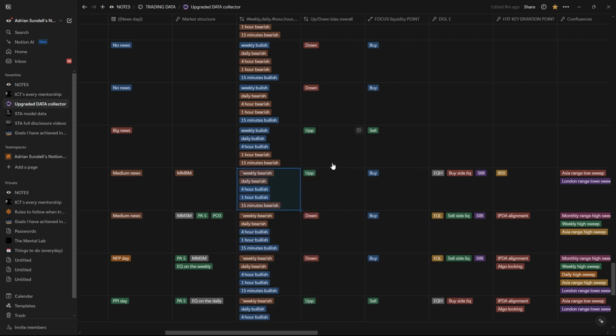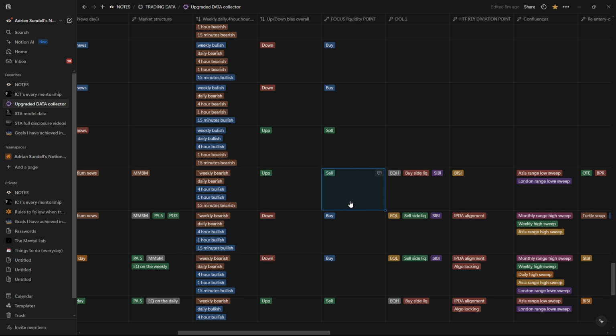Then my overall bias, just because we're in a market maker buy model, and I thought maybe it would retrace into a given drawn liquidity, which would be a CB, as you see right here. So the overall bias, I would be bearish in here. However, I wanted to trade a manipulation upwards to that CB, and then I was expecting the market to go lower. So my focus liquidity was actually on that given sell side liquidity. I think this is wrong. Why sell side liquidity?